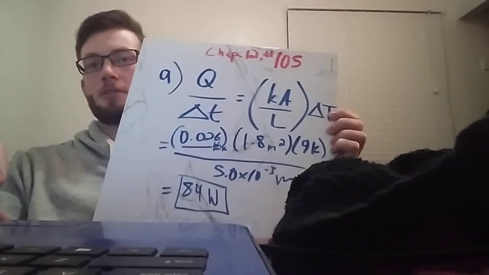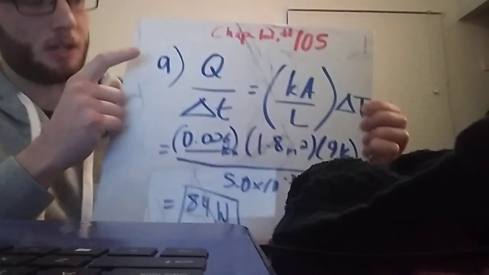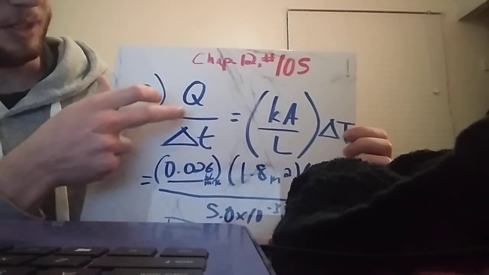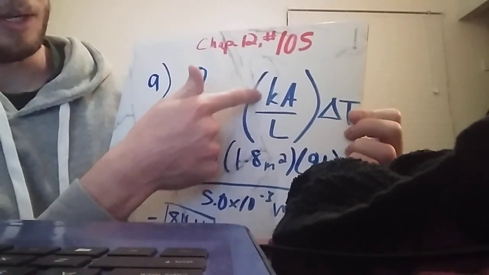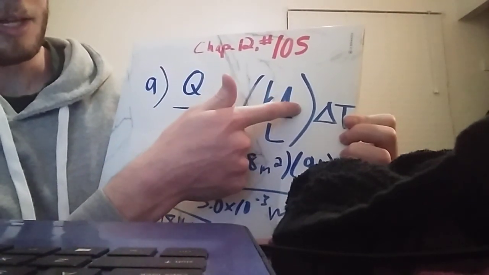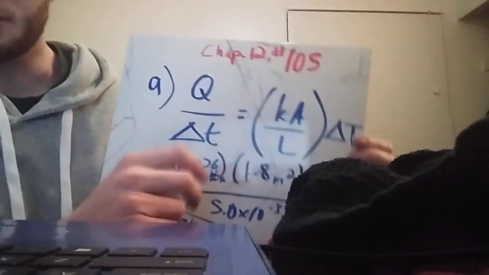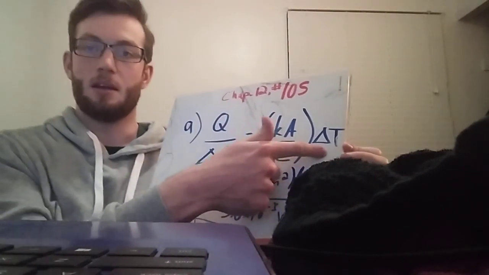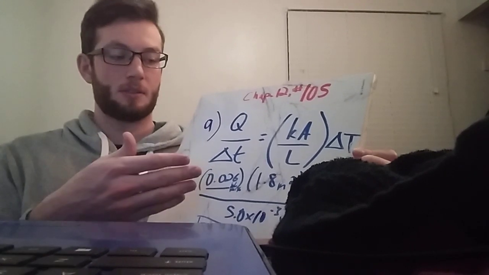Okay, so to go about solving part A, we're going to use this equation right here where Q divided by delta T, so basically the rate of heat loss, is going to be equal to a constant value K times the area divided by the dead space insulation thickness times the difference in the temperatures, the delta T. Okay, so to derive all these values,